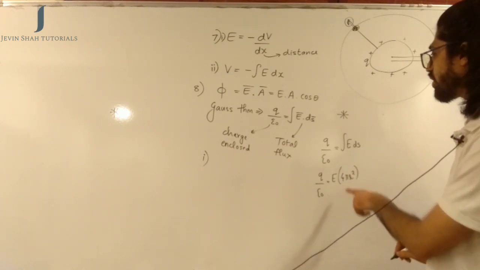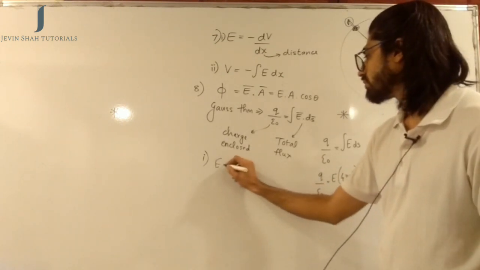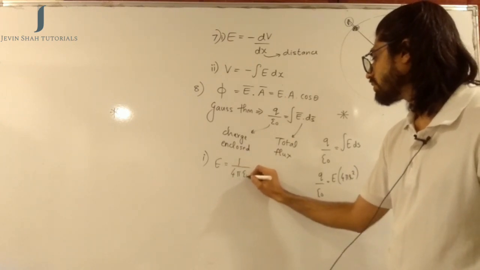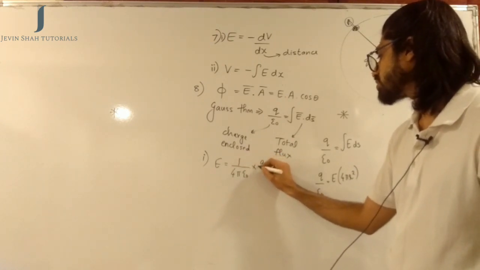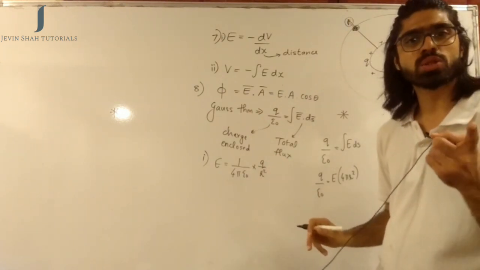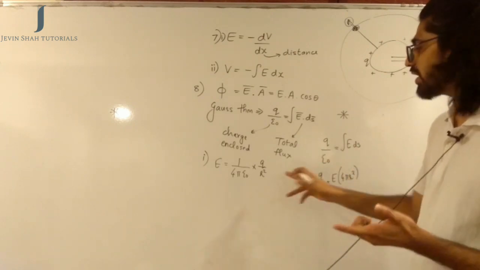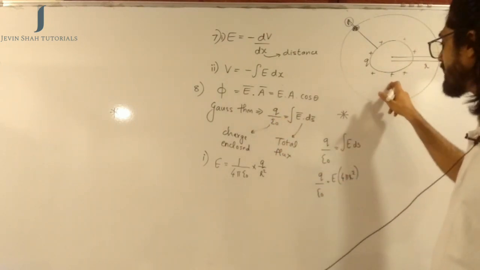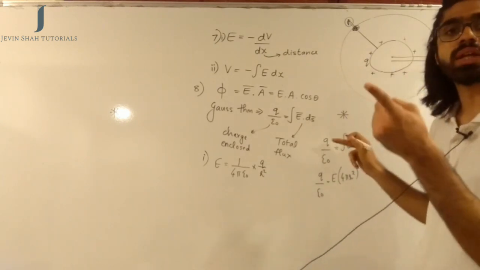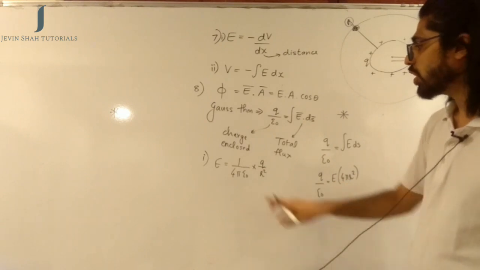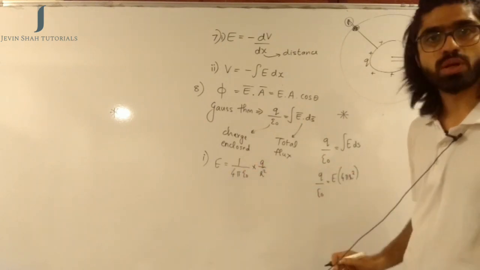So we get the formula for E as 1 upon 4 pi epsilon naught multiplied by q upon r square. This is the same that you had learned earlier also. So the formula does not differ from that of a point charge, but it just coincidentally happens that the formula for this and a point charge becomes the same. For other shapes, the formula will be different. So you can write it as kq by r square also.